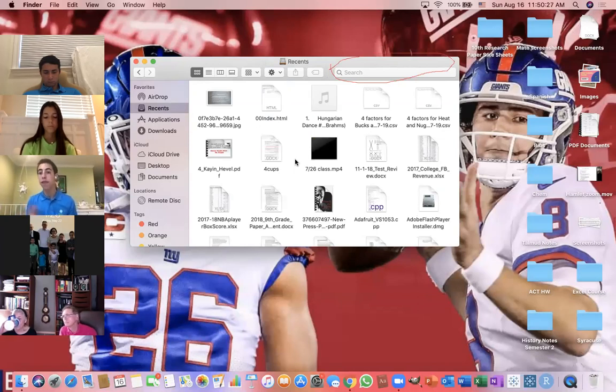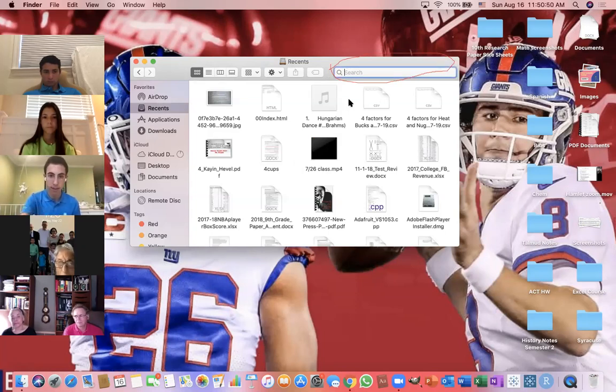So if five years ago you were working on some sort of project and you're not sure where you saved it, whether it was in some folder in your documents or some folder on your desktop, you could open up the Finder, or on Windows open up libraries, and search in the top right a keyword that will take you to that file. So if Joe types in, let's say,